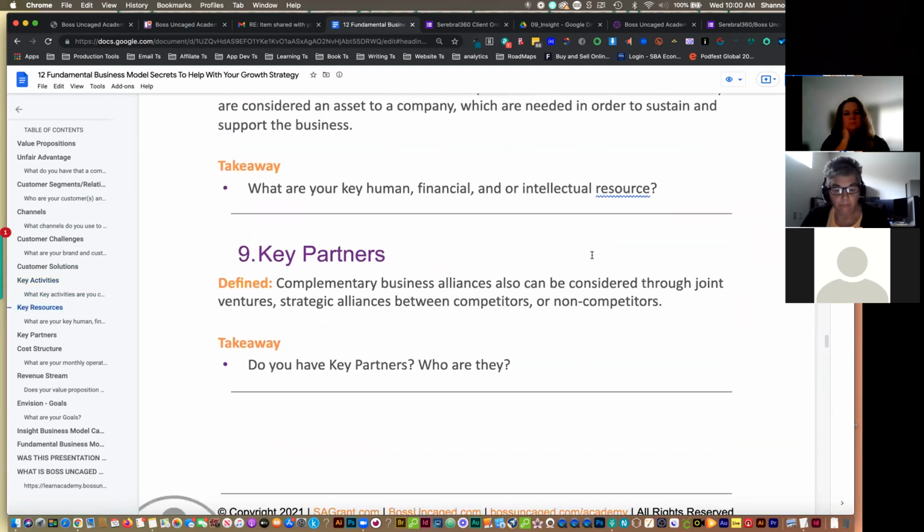Number 9 is your key partners, right? So key partners, essentially, like if you're into an affiliate offer and you're not sure what an affiliate offer is, you've probably seen them a million times. If I have a service and I'm selling that service for $100, and then I have other people that sell similar services, but they don't sell my service, then I can give them a portion of my sales. That's what we're talking about as far as partnerships, key partners, people that have services that you may not have access to, that way you can fill that void and help give more value to your customers through utilizing this key partnership.